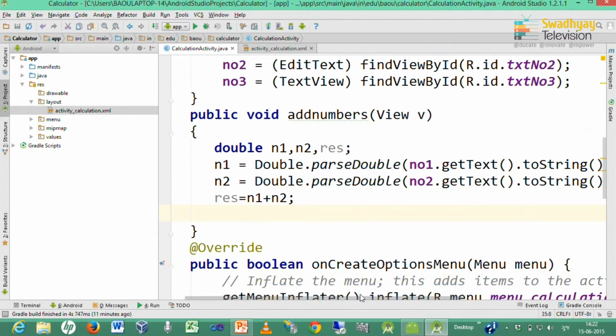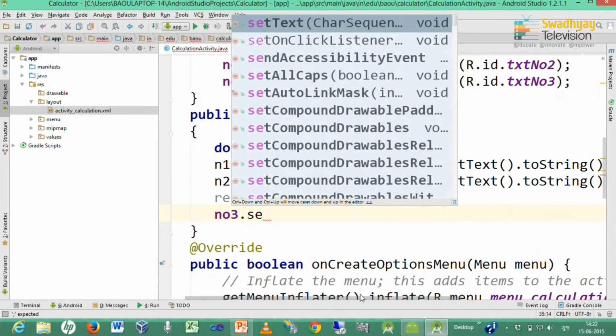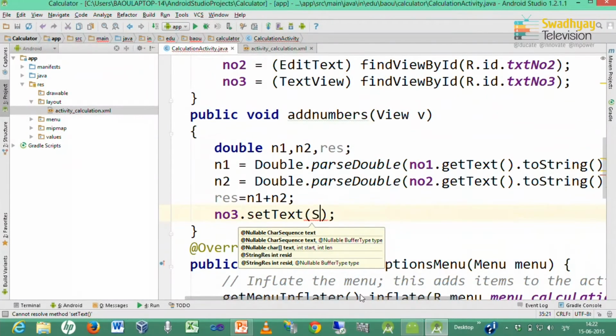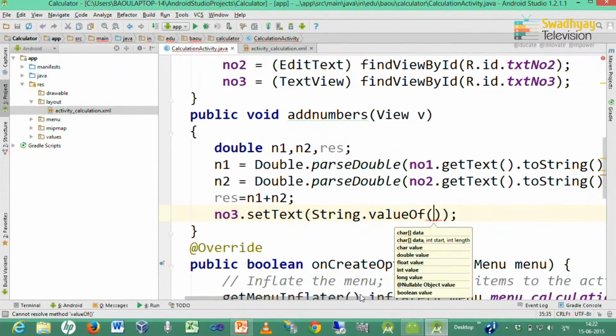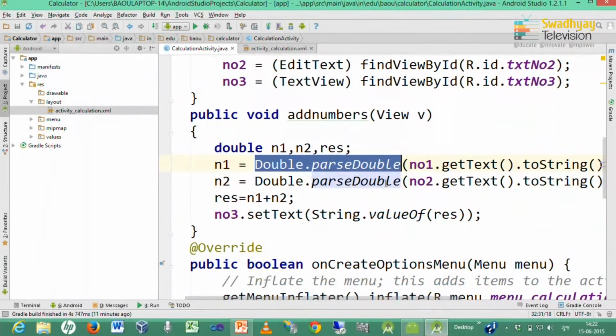Now, I want to display this result in the last text view. So, I write txt NO3. NO3 is our last text view. So, NO3 dot setText and we use the String dot valueOf method for converting a number into a string. Likewise, Double dot parseDouble converts a string into a double.